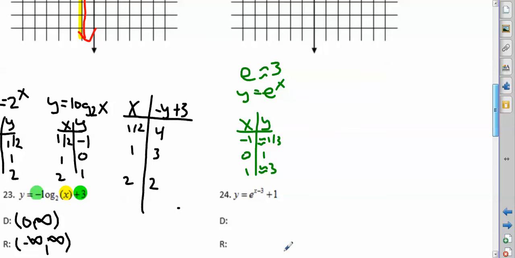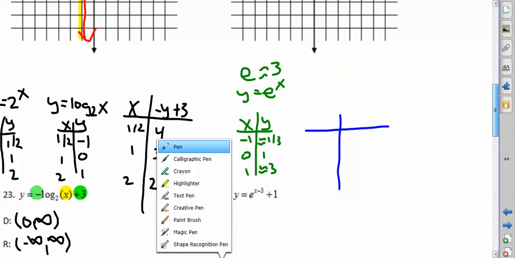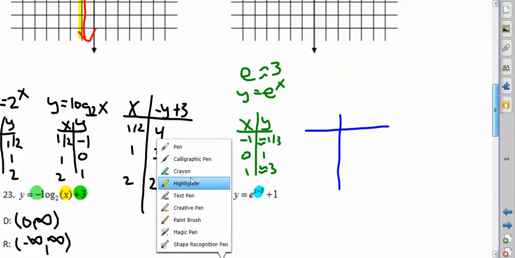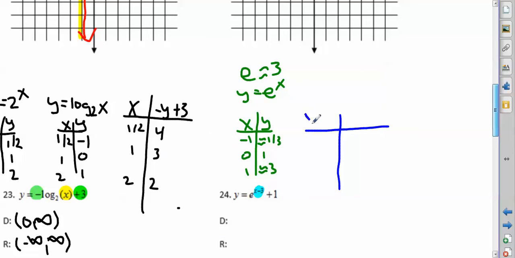Now we are going to transform our values. So when we transform, we look on the inside of the function for our x value. So we look on the inside of the function right here. We have x minus 3. So that is going to affect it horizontally. But remember, we have to do the opposite. So we're going to do x plus 3. Then we'll look on the outside of the function, and that affects our y values. That affects it vertically. So we have y plus 1. So our final table of values is going to be x values 2, 3, and 4. And then my y values are going to be approximately 1 and 1/3,